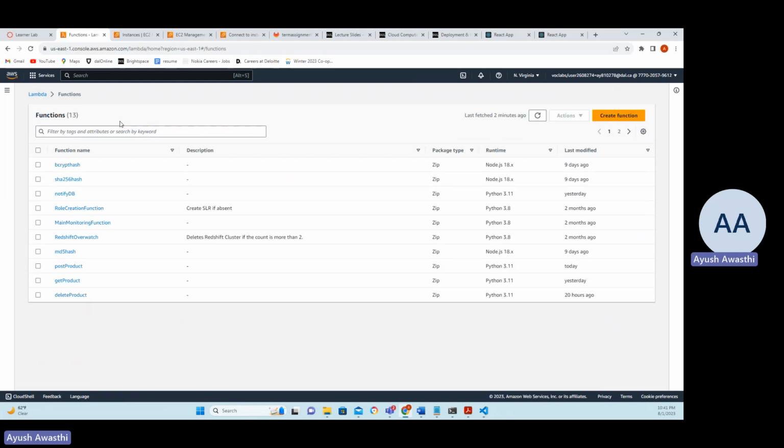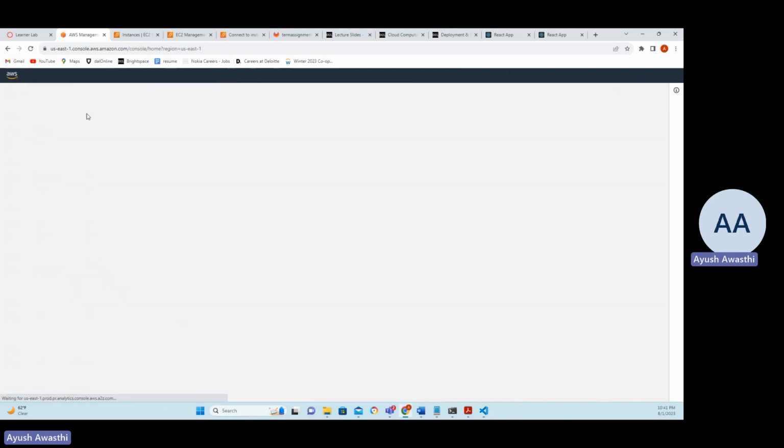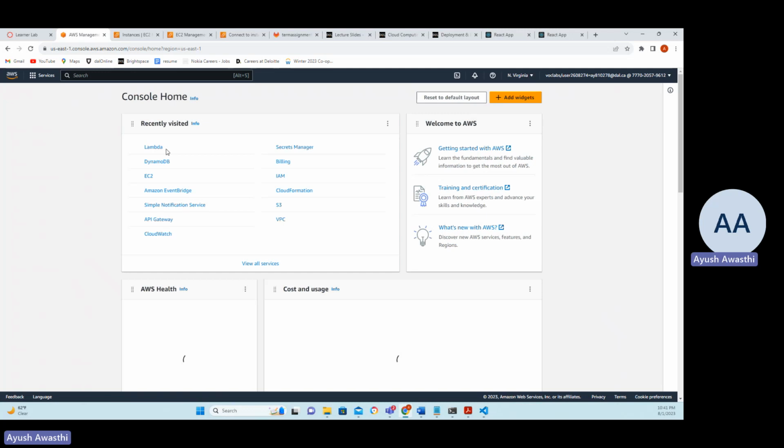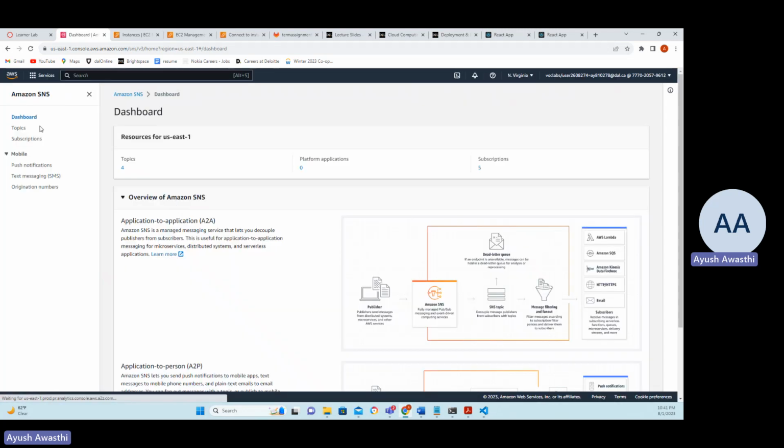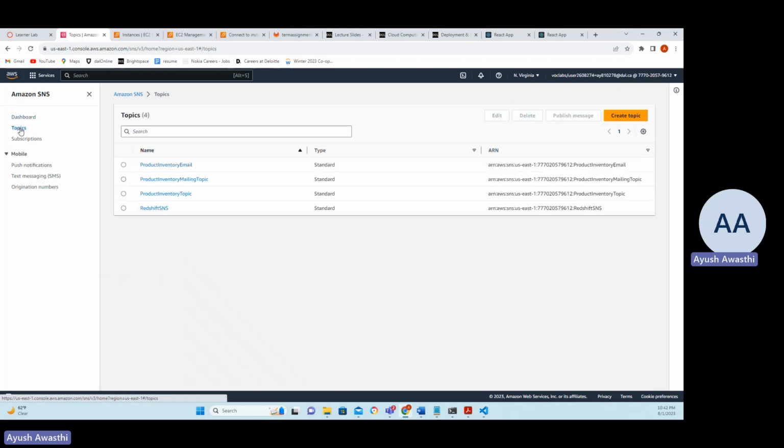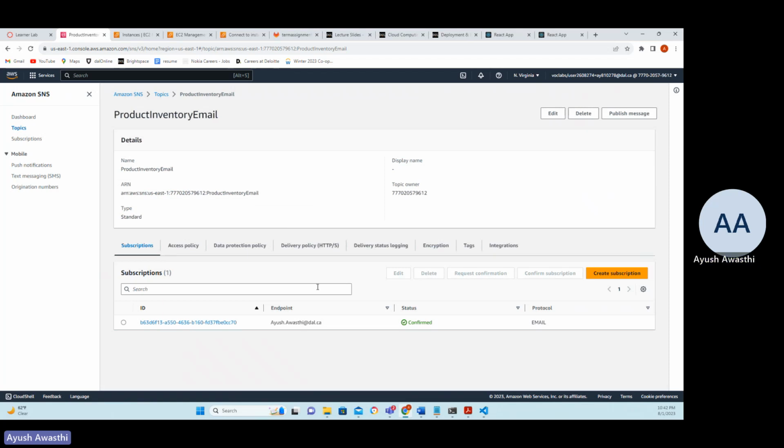So you have seen the Lambda functions, you have seen the DynamoDB table. Now I also spoke about the SNS. So let's see how the Simple Notification Service is running. For this, I have created a topic, the product inventory email. And if I open this, you can see that